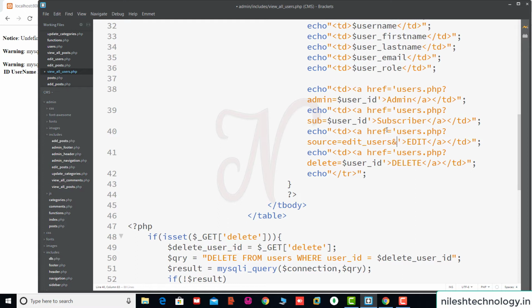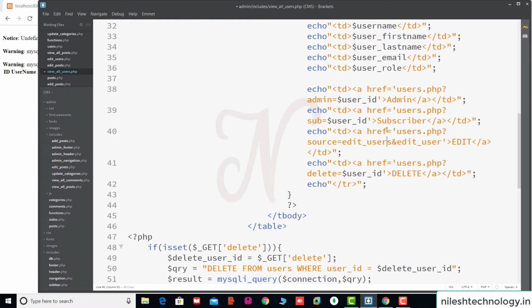So by using this and, we pass edit user equal to $user_id. Save these changes. So we get the id by using this name in the GET global variable. So this id is displayed in the browser's URL, okay. So get the id by using the $_GET.